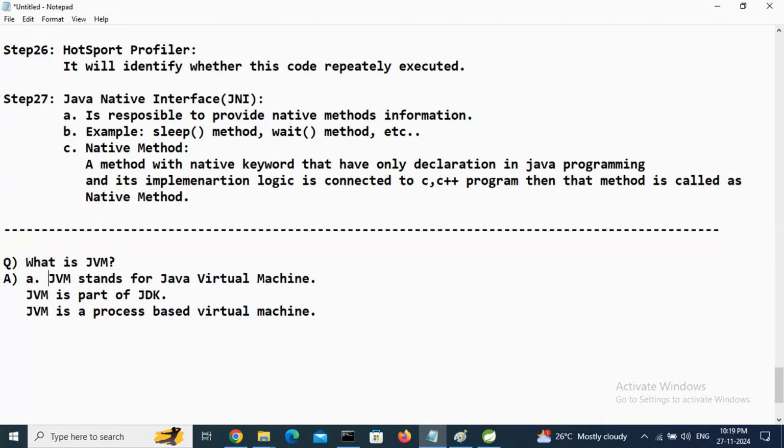If you want to add the point: A, JVM stands for Java Virtual Machine. B, JVM is part of JDK. C, JVM is a process-based virtual machine. Fourth point, JVM has the responsibility of